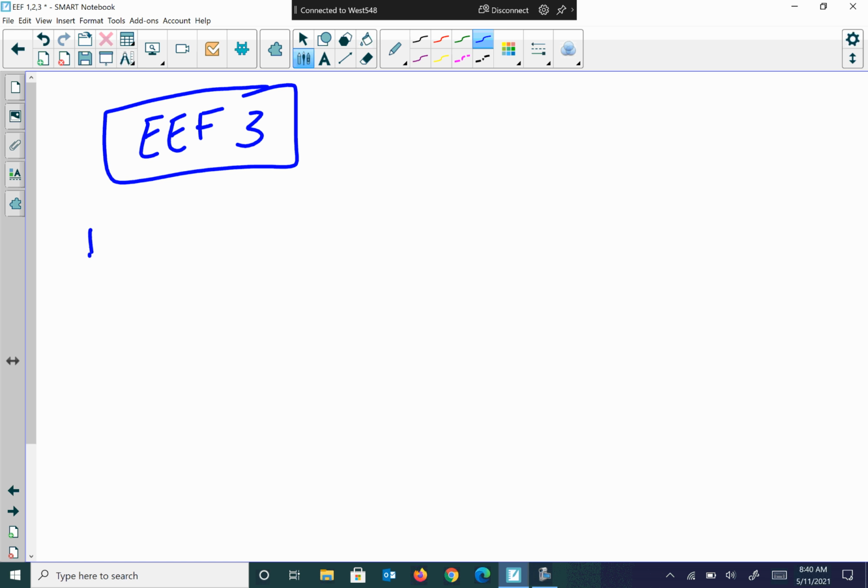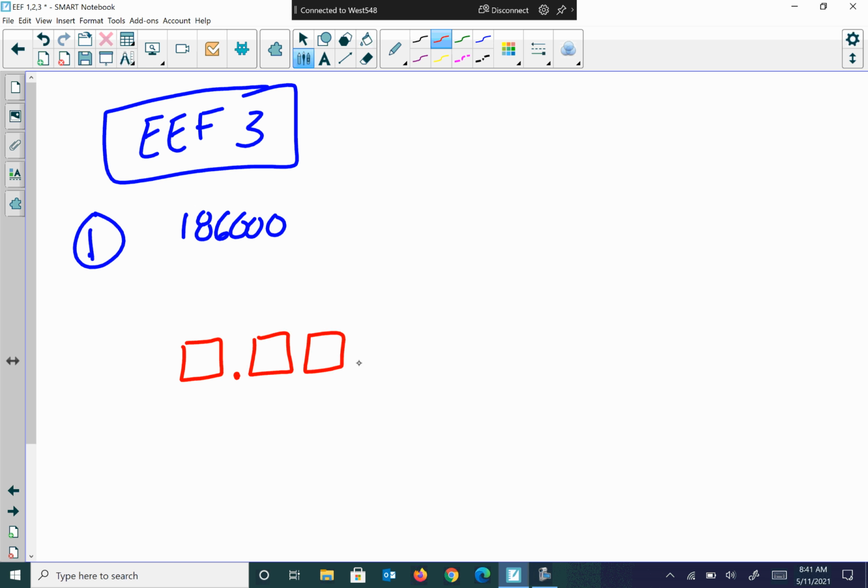It says that the speed of light is 186,000 miles per second. That's fast. Okay? So I want to make this in scientific notation. So scientific notation, we'd have a number followed